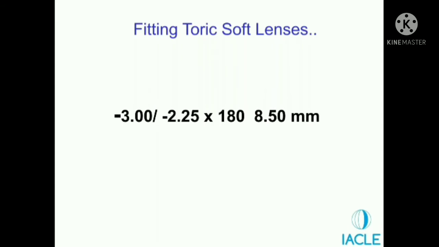Now trust me, with today's disposable toric lenses, if you blindly order this particular lens without even putting any lens onto the eye, more than 90 to 95% of the time, the lens will fit and the patient will be happy vision wise as well as fitting wise. Let me repeat what I said. More than 90% of the times, your first trial lens will be your last final lens that you will dispense. And that is why today a lot of practitioners recommend empirical fitting.